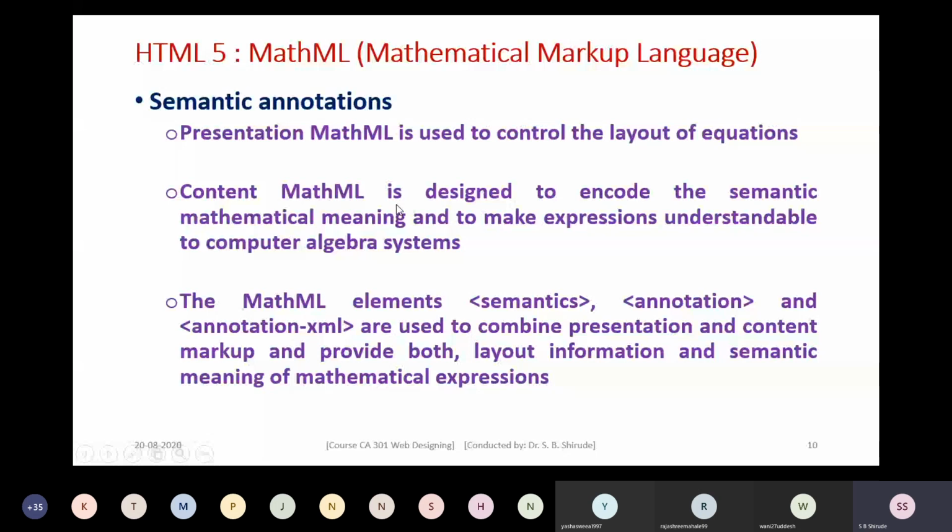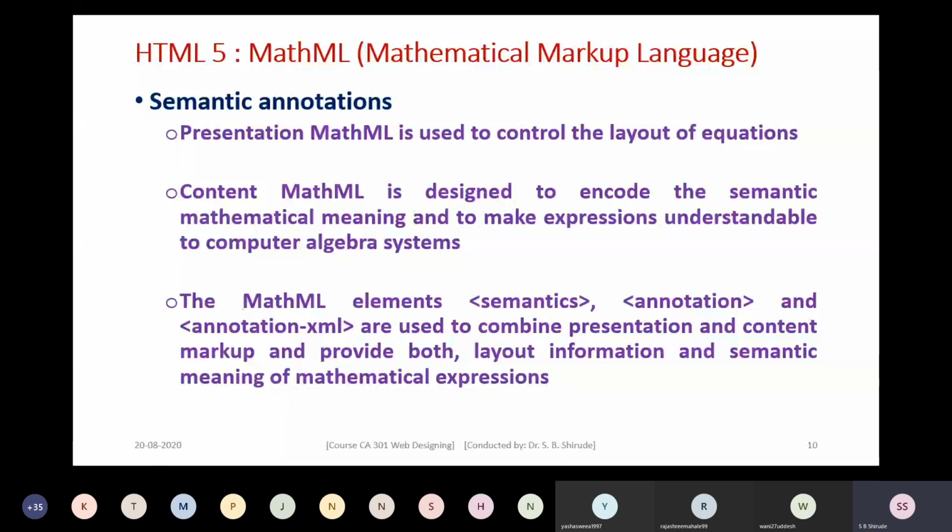See here, by using all these elements that we have learned, you can put some text considering some mathematical notations, some mathematical structures, but it is not possible for the general public to understand the meaning of that element. Therefore, you annotate it by using some semantic meanings.